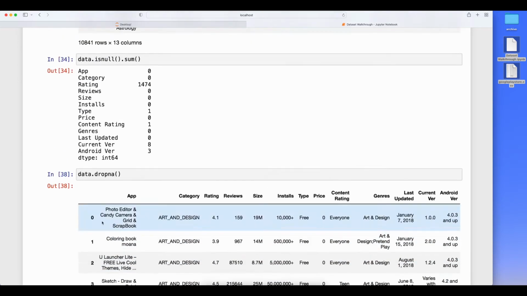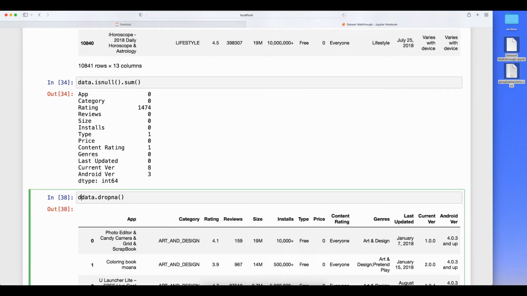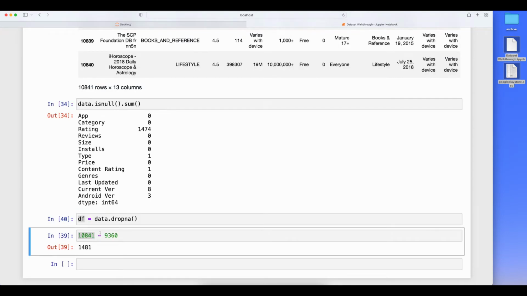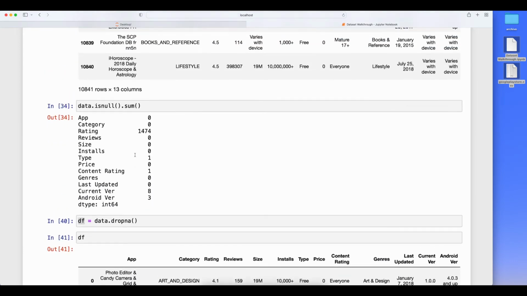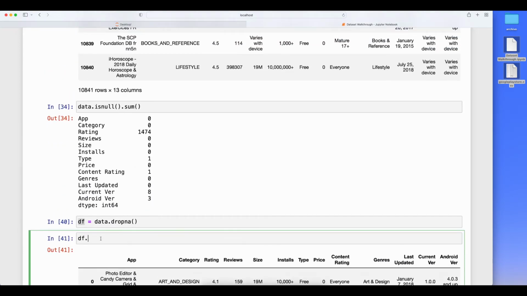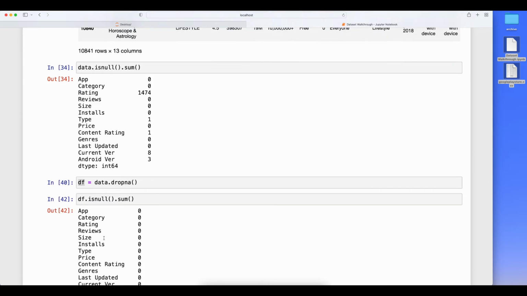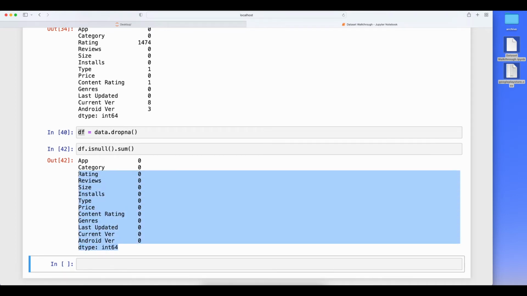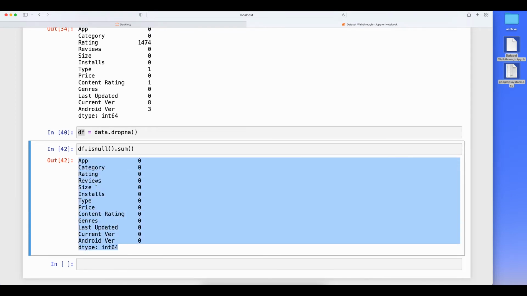Right now, if I'm checking this data set, this is my processed one. After dropping, I am saving it in df, so that I have the current data frame. If I'm checking df, that's the data frame I have now. If I'm checking the null values here, with isnull().sum(), how many null values do I currently have? I have 0 null values, right? So this will work now, obviously, because the data set has no null values. So this data set I can directly use, right?